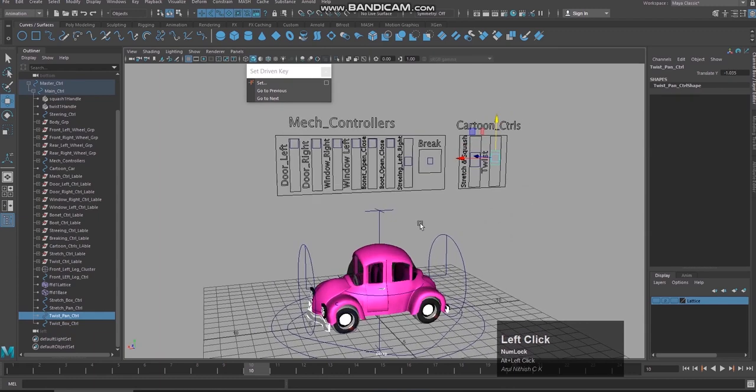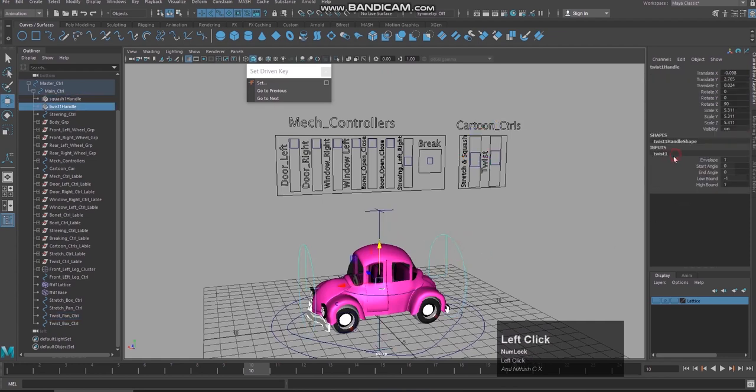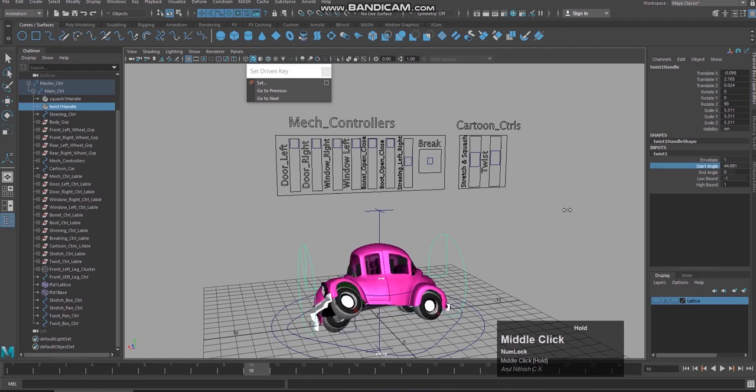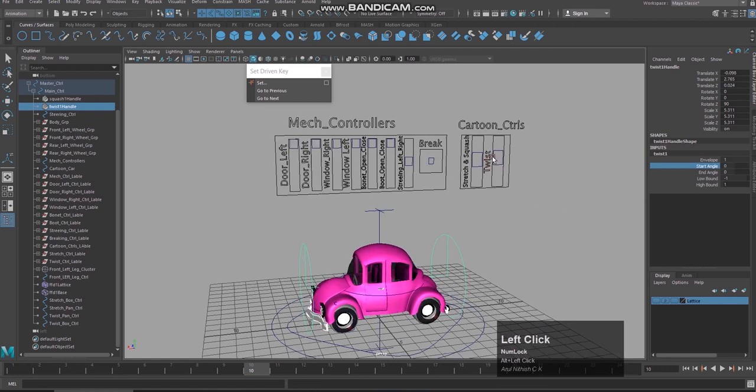Once you select this twist handle, the start angle is for the front twist face. You should give the name twist face.